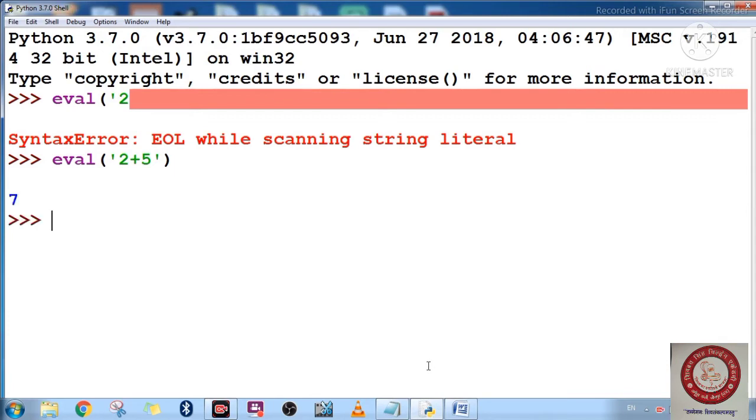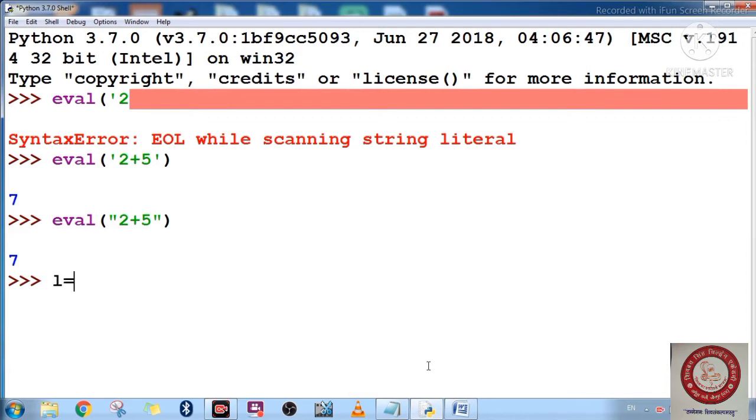Okay, if you want to use the double quotation mark, you can also write like this, plus and then 5. Close your bracket here. See, the same result you will get, right? If you want to multiply, you can just change the operator here, right? Okay, one more thing I just want to explain here. If you want to pass the input function inside the eval, you can do that.